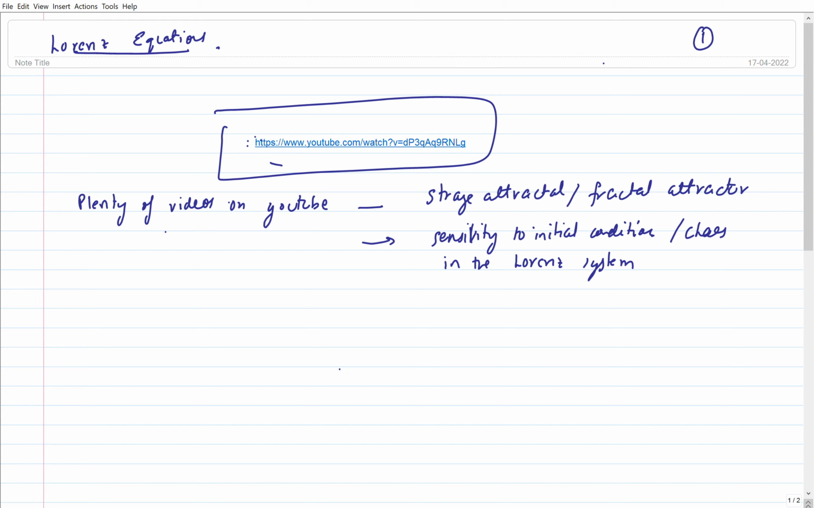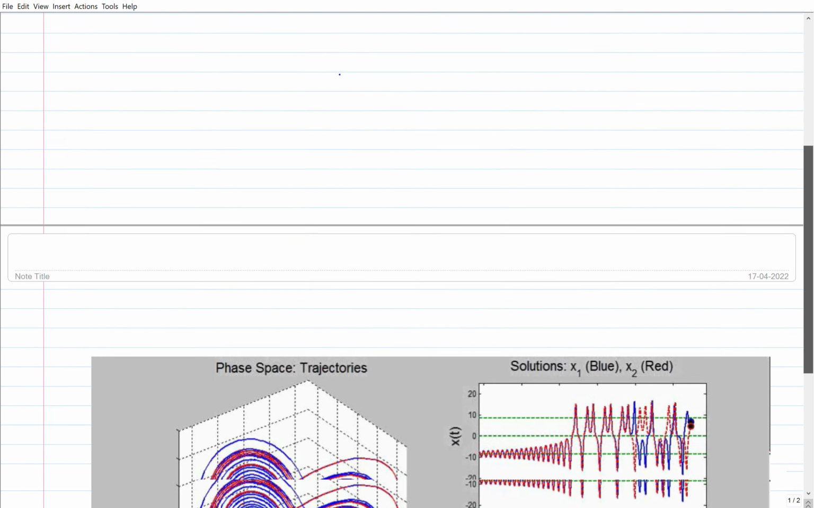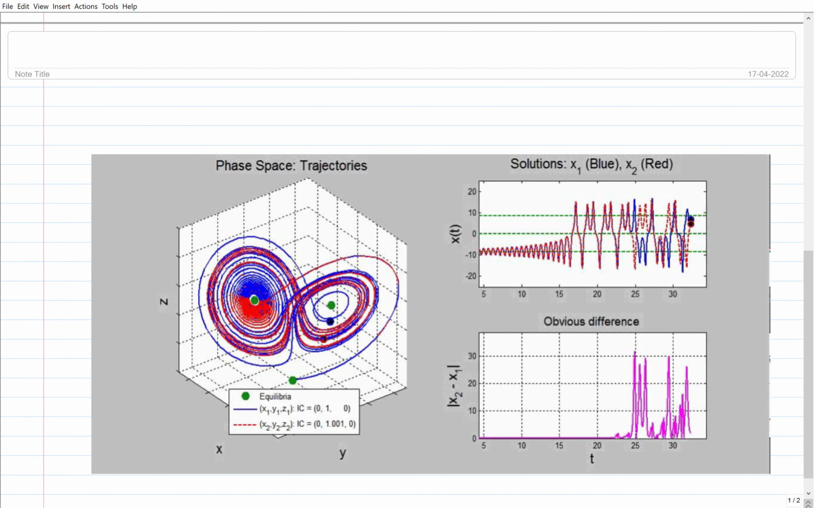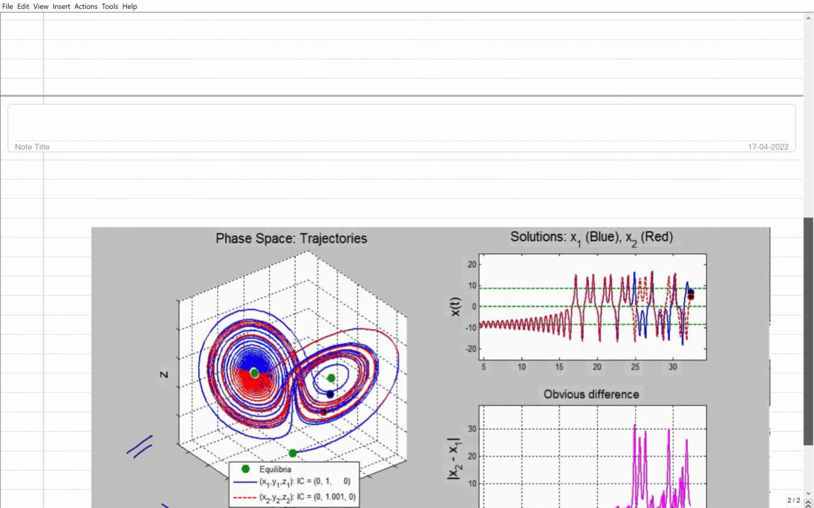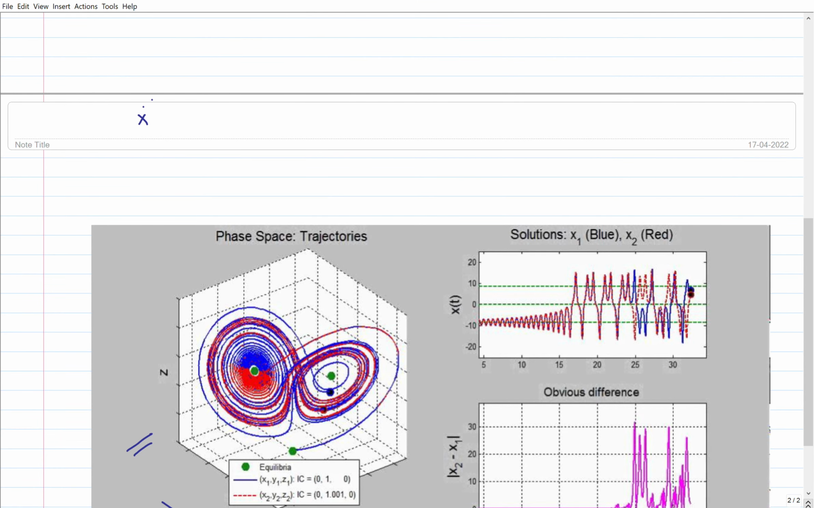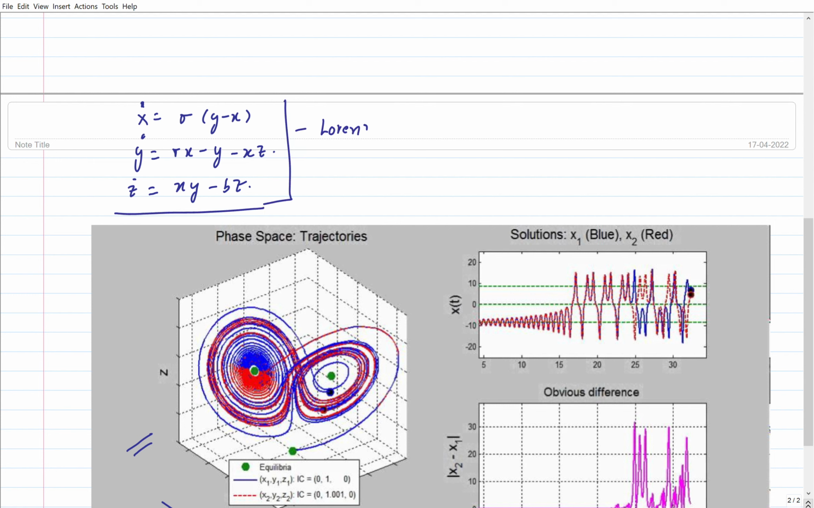Okay, so, and for those of you who have really encountered this, this is what the Lorentz attractor looks like. It's a three-dimensional system of equations. I just write down the equations. So these are the Lorentz equations,